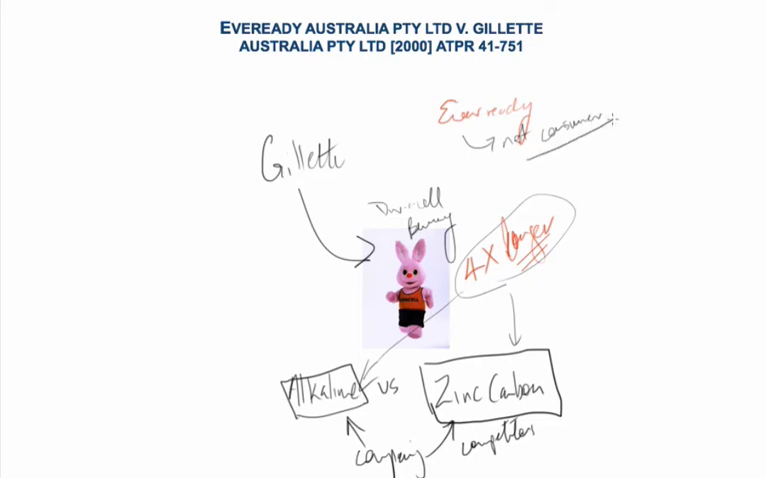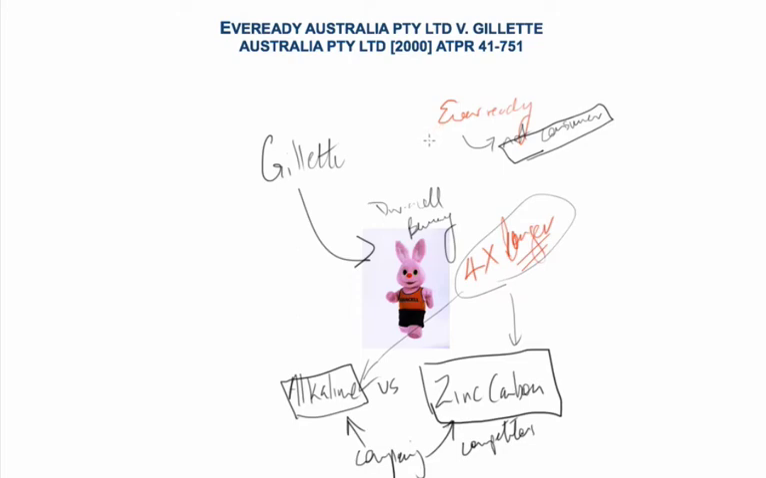And the court allowed them to actually bring this action. There is nothing that says you have to be a consumer to bring an action under Section 18. So that allows businesses to police the statements of the others. So the key point about Eveready Australia and Gillette Australia is that parties other than consumers can bring an action